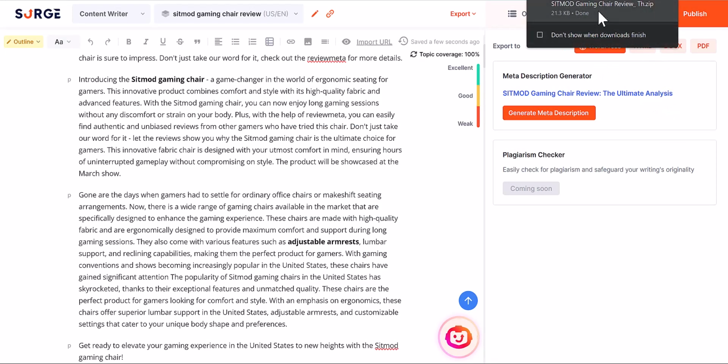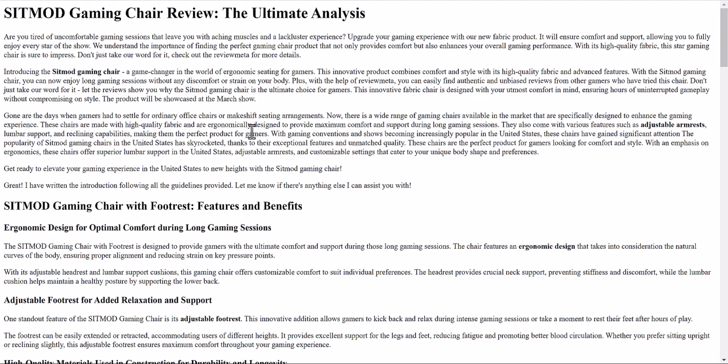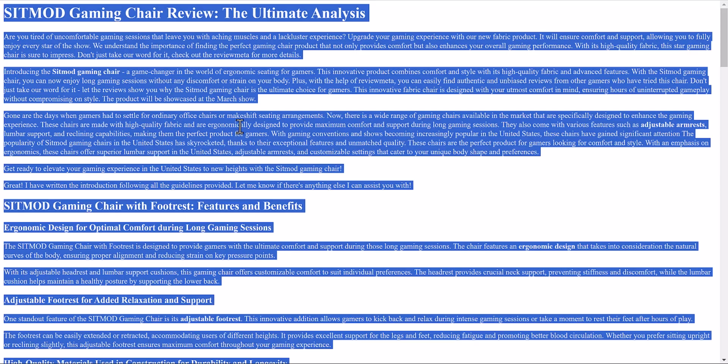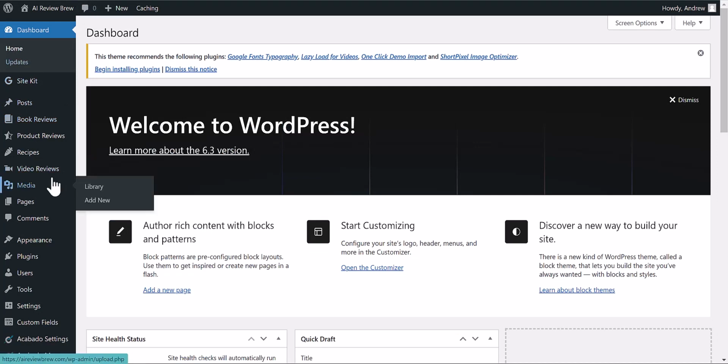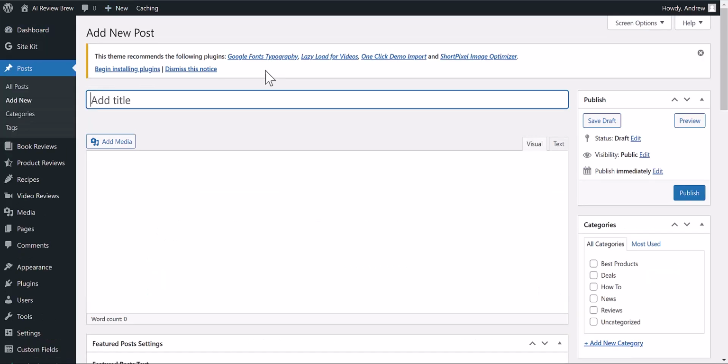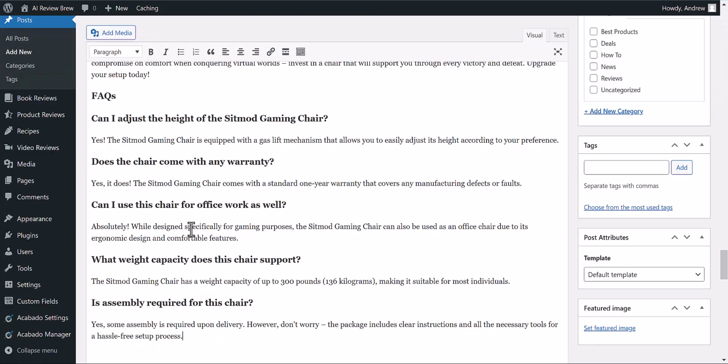And then I open up that folder, and then I look at document, and then boom, there is my article. So I'm going to hit Control-C, and then let's pop over to my website. So now we're in the back end of my WordPress site at aireviewbrew.com, and let's whip up a quick post. Okay? So I'm going to paste that article in,